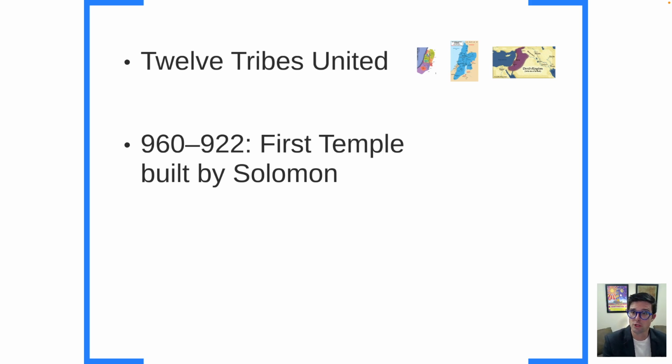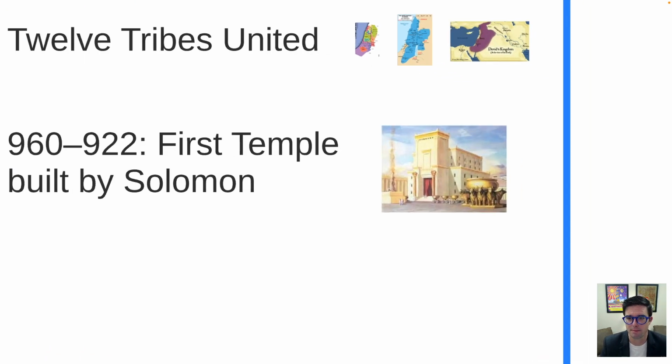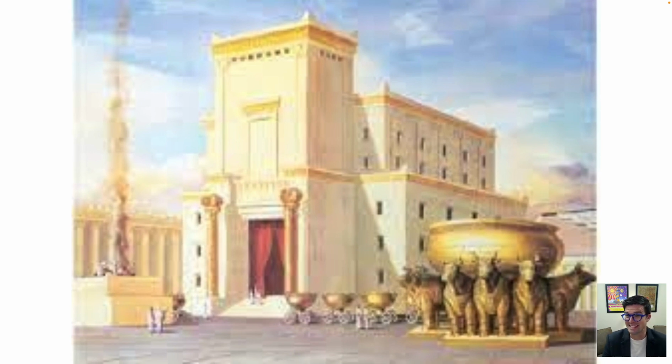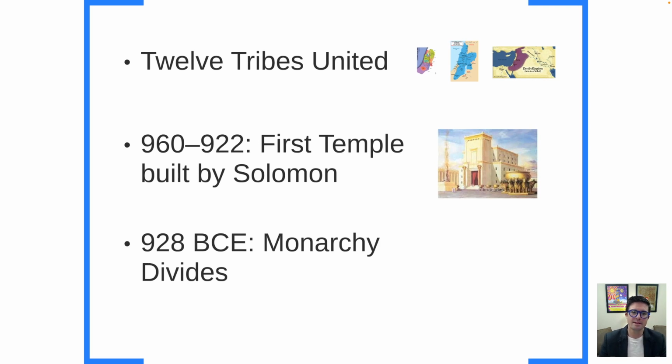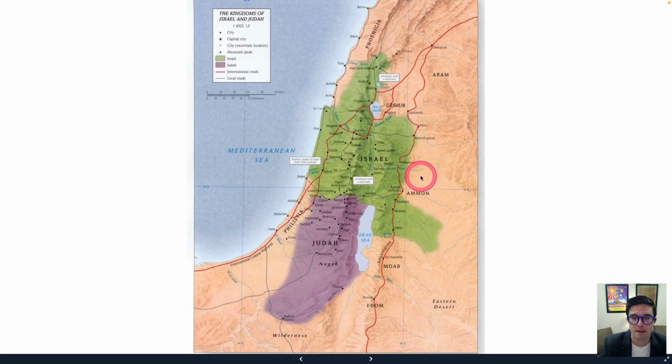So previously the worship of the Israelite God, Yahweh, happened not in a permanent place. And from the period of 960 to 922 BCE, the first temple is built and maybe looked something like this in modern reconstruction. And during the same period in which the temple was being built, the monarchy divides. So rather than having one kingdom, we have two different kingdoms: